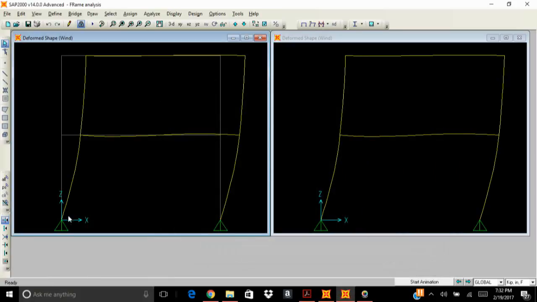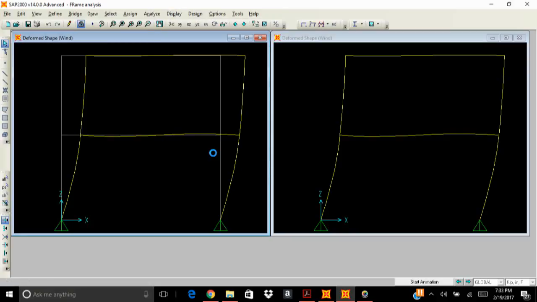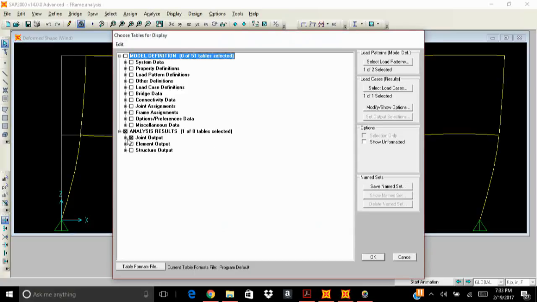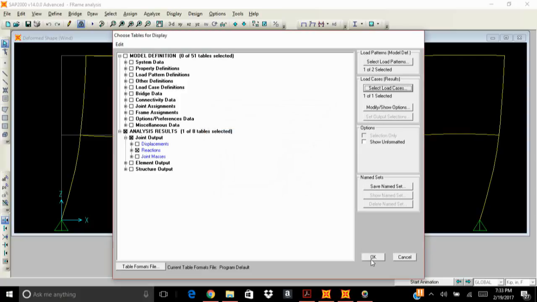The other thing is, since there are two pin supports, if you want to find the reaction for this frame, you can go to display, show table, and in here just click on reactions. Okay, unclick this part, and just select the load we want. Okay, select load case point. Okay, click on OK,